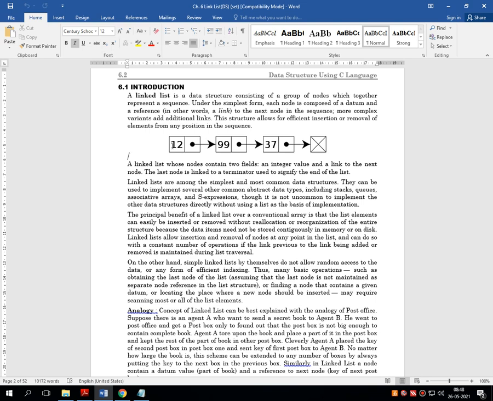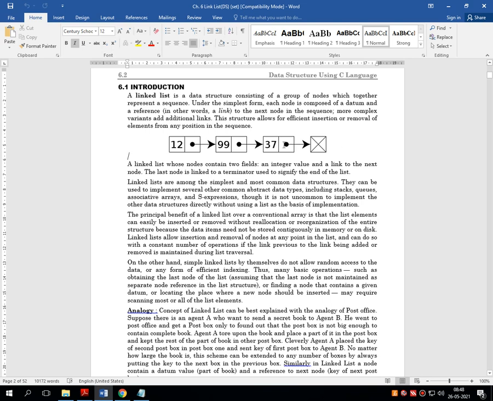But right now we have to discuss only the simple singly linked list. That's why the last node is not referencing the first node. That means the first node references the second, the second references the third, the third references the fourth, the fourth references the fifth, and the fifth is the last node.